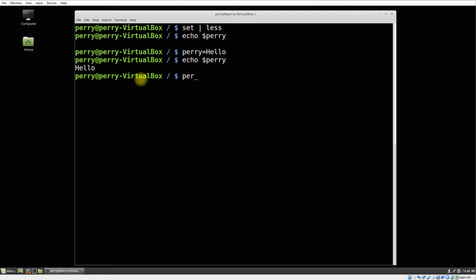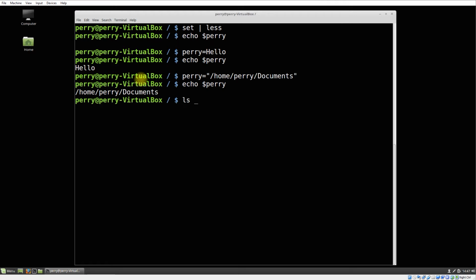We'll say Perry equals, and I'm going to put this in quotes, because if you have multiple words or special characters, you put it within quotes, and that will make it less likely to have an error, because you can't do spaces and that sort of thing in one value. So let's try this, /home/Perry/documents. Okay, so now Perry is that. So I can echo Perry again. Now it's that. I could also less Perry like so, and I get a listing of whatever's in the documents